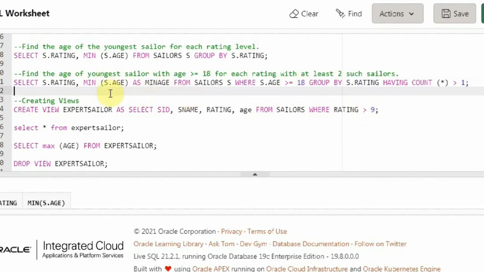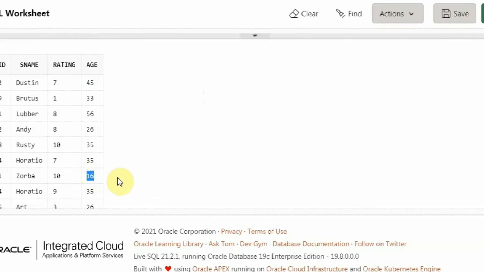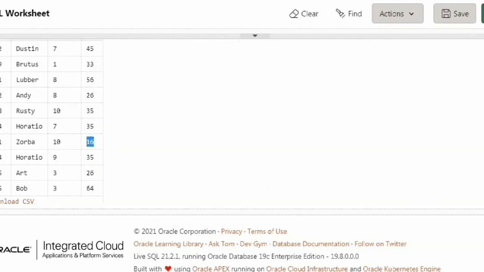Let me show you the sailors table. So I am saying select star from sailors. This is the sailors table, and try to look at the ages. If you see here, there is one person, Zorba, whose age is 16. The rest of them are above 18, I suppose.